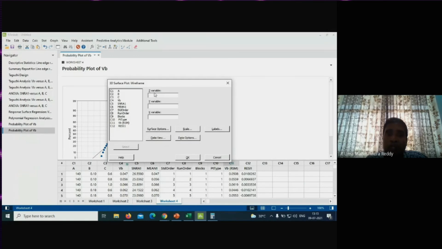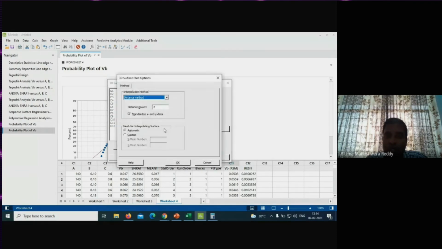So it is a 3-dimensional plot. On the Z variable, let me take the output, as always. And what is my Y variable? You have interactions like A, B. So let me select the most influencing control factors. The most influencing control factor is A, so let me select this A value on the x-axis. And the second highest influencing factor is B on the y-axis. You can select the reverse also, no problem. If you want to have the A value on the x-axis, you select like this.